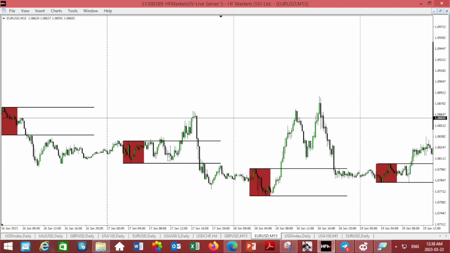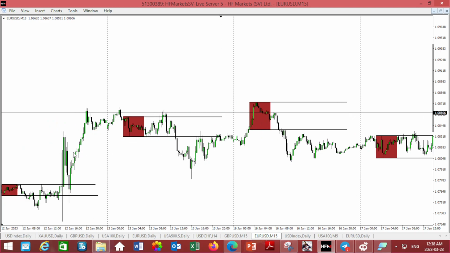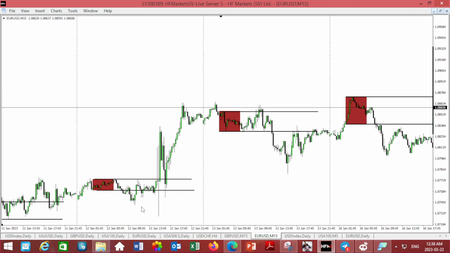Our main focus is looking for this model whereby when you are bearish, wait for price to trade above the session, sell it above the session, 10, 20, 30 pips above it, and then take your profit below the low of the Asian range. And when you are bullish, wait for price to trade below the session, buy it,